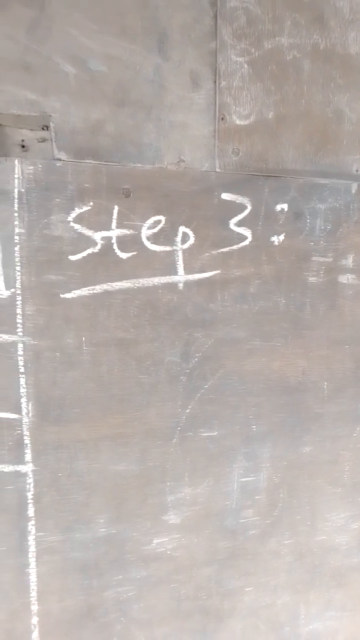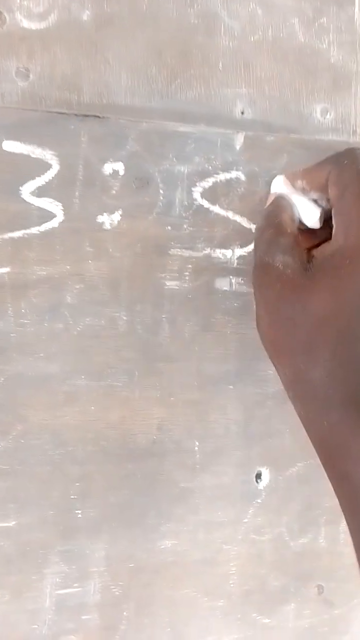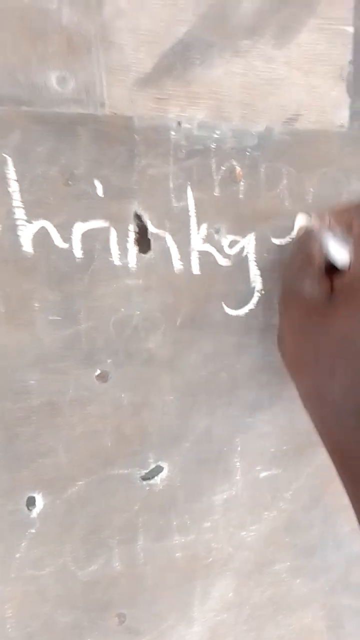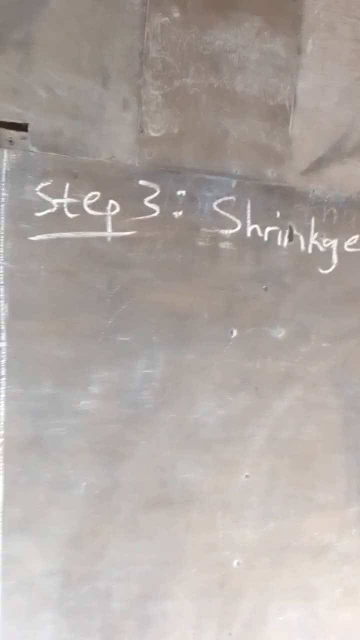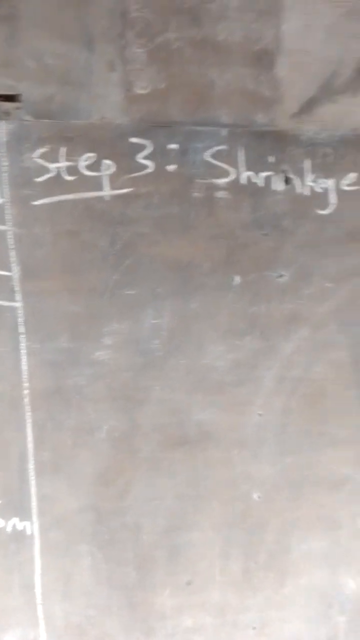Now, the next step, call it step 3. I'm going to teach you as if you are in a nursery school so that you understand it. Step 3 is shrinkage factor. This shrinkage factor is going to take care of the waste and also the shrinking of the concrete. For me, I always use 10%. Now, let's add 10% to the